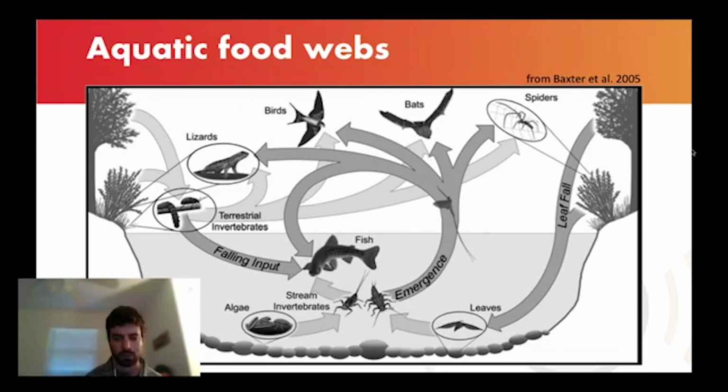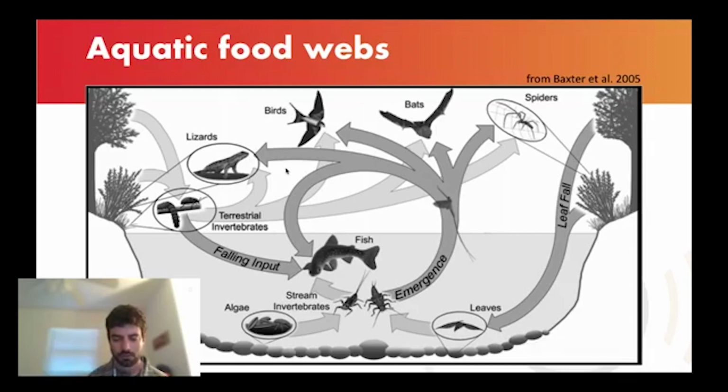In many headwater streams, actually probably in most headwater streams, where you have a lot of shading by the trees surrounding the stream, there's not a whole lot of light being able to enter the stream. So algae are not the predominant food base in small headwater streams. Instead, dead leaves that fall into the stream from outside the ecosystem are the predominant food base. And leaves, as we talked about earlier, would be considered a subsidy to these freshwater ecosystems.